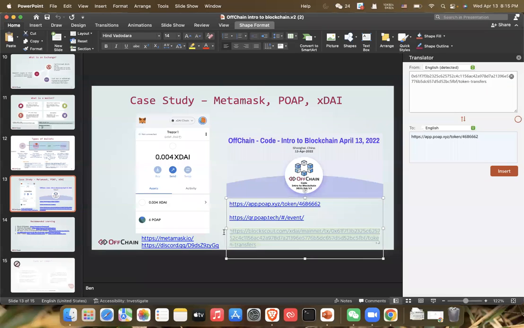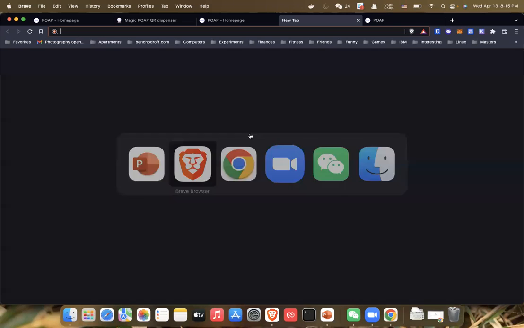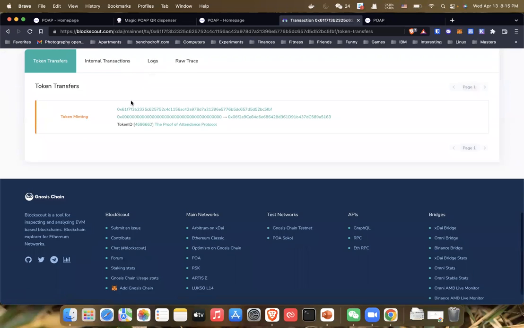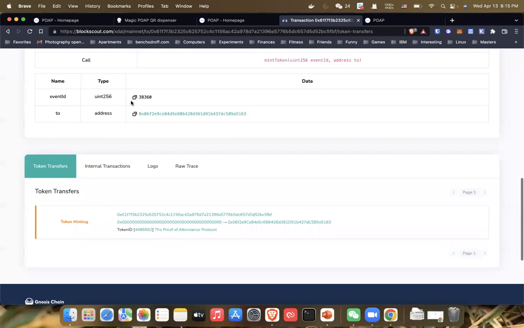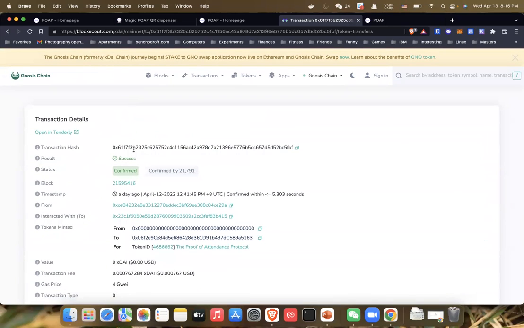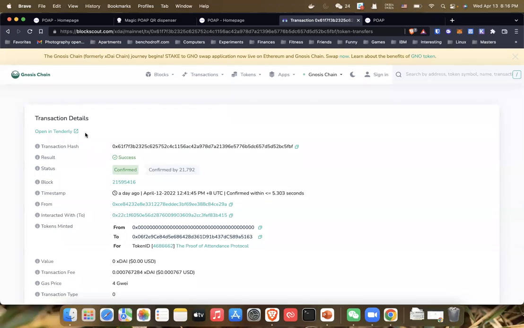The other thing I'll show is that this is on a blockchain, and we can go ahead and look at that on the XDAI blockchain. XDAI is an Ethereum-based blockchain. It's called a layer 2 or a side chain. This allows transactions. I think from a technical angle this is a little bit overwhelming, but it is interesting for some of the technical people in the audience to see how this all works. What's happening here is a transaction is being recorded to the blockchain, and it allows me to then see in my POAP,